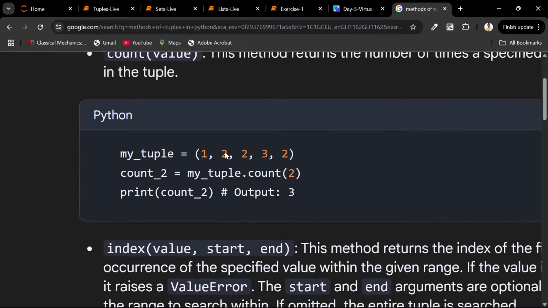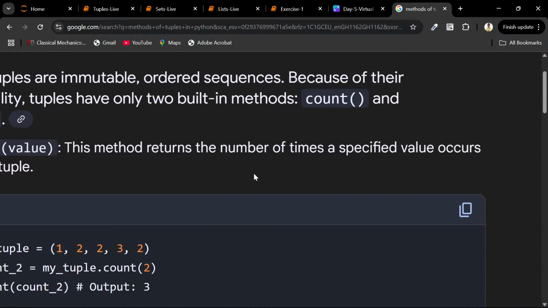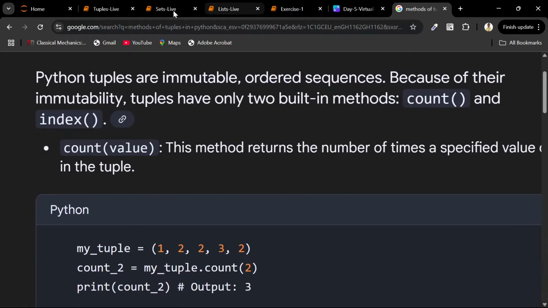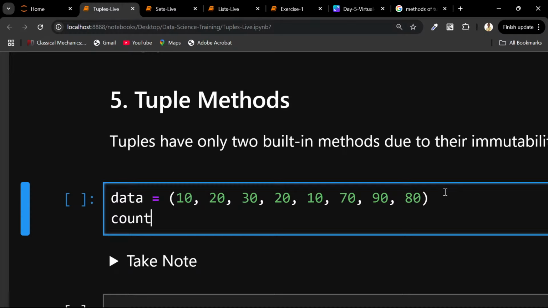You get it? Good. So we have one method called count. So count, and in the bracket, a value. Now, this method returns the number of times a specified value occurs in a tuple. So in a case where we want to know the number of times this element 10 occurs in this tuple, we can use the count. So let's create a variable called count 20. So we would want to count the number of 20, like the element 20, we can find in the tuple